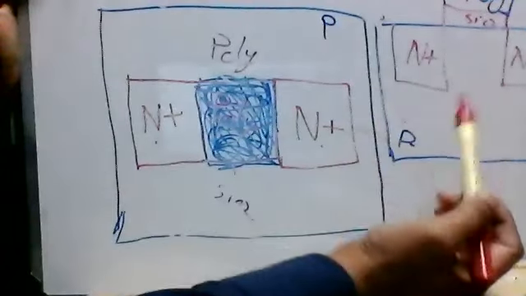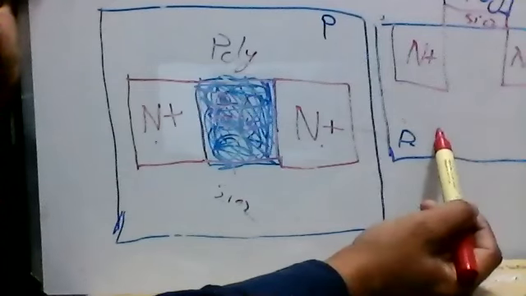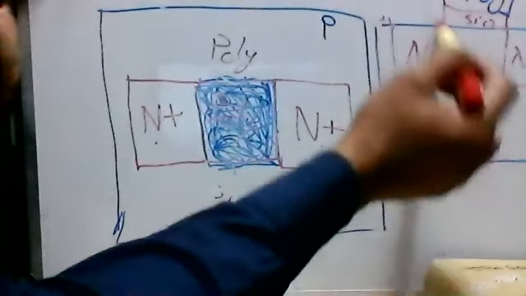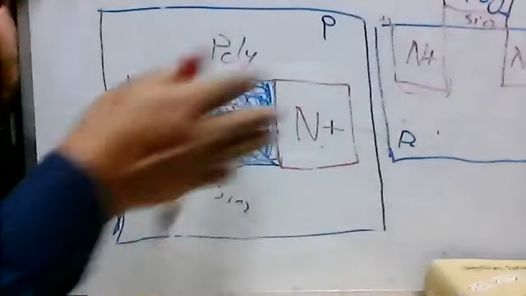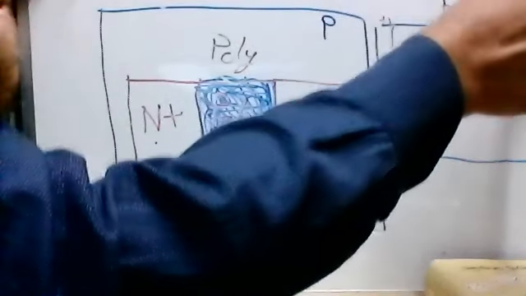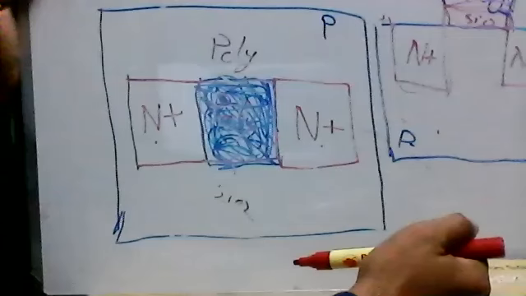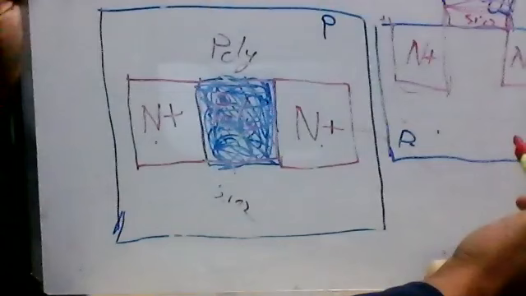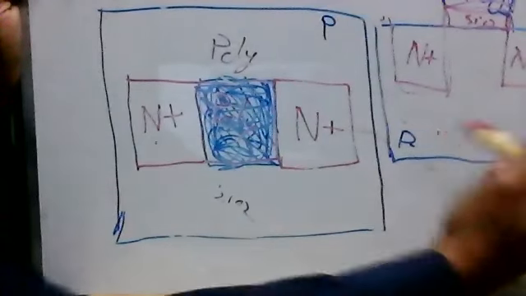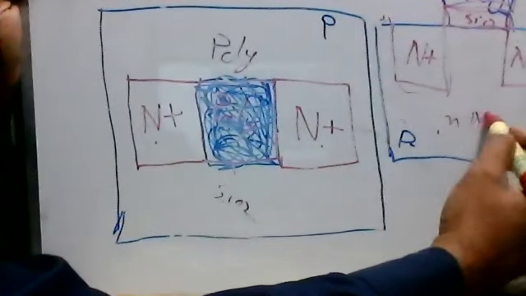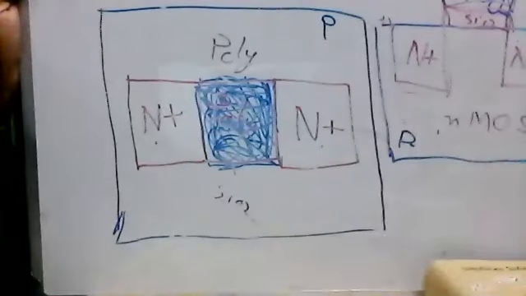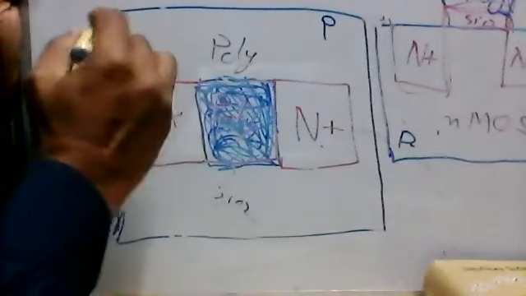Now in here also, you can see that this is the first layer, the P-type substrate, and then we inject those N-type materials here and here, and then the second layer, and then the third layer is a silicon dioxide here, and the fourth layer is a polysilicon. So there are a total of four layers. Now this is done. This is called N-type MOSFET or NMOS. We call it NMOS. This is known as NMOS